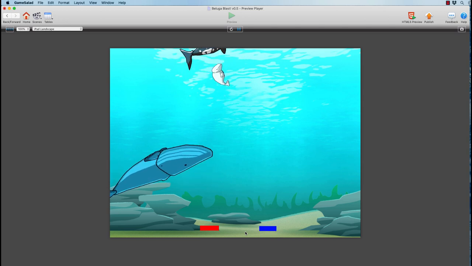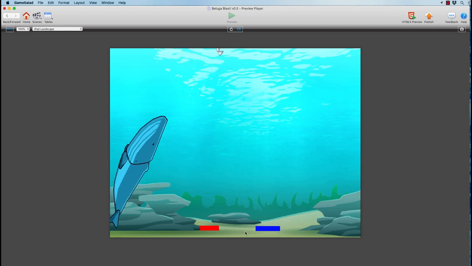So get around our right whale here and then come back up to the surface, and you can see that the bar expands in size. So we have a really basic oxygen and health thing here. Now we've also got a problem that once everything is off the screen, there's nothing happening, and there's absolutely no fun in this. So we've got to fix that problem next.